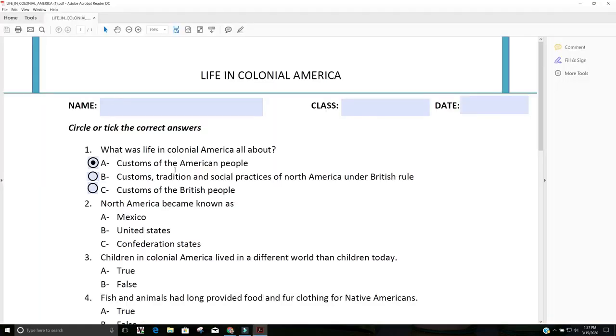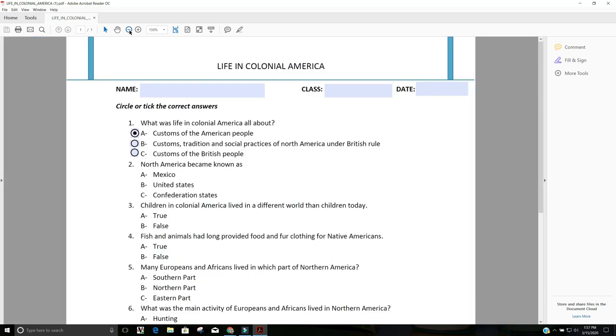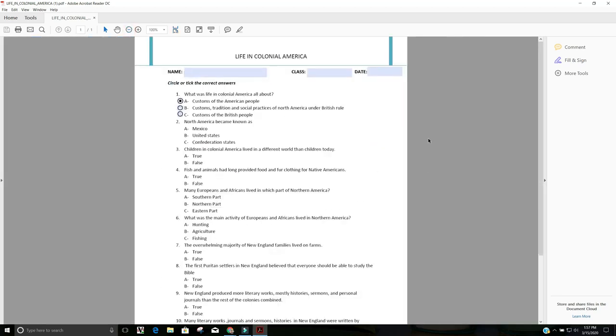You'll see I have it here. It downloaded as a PDF. I'm going to zoom out of this. This opened in my Adobe Reader, and so now I have Life in Colonial America, my name, Caleb, class, US History, today's date, which is the 15th,